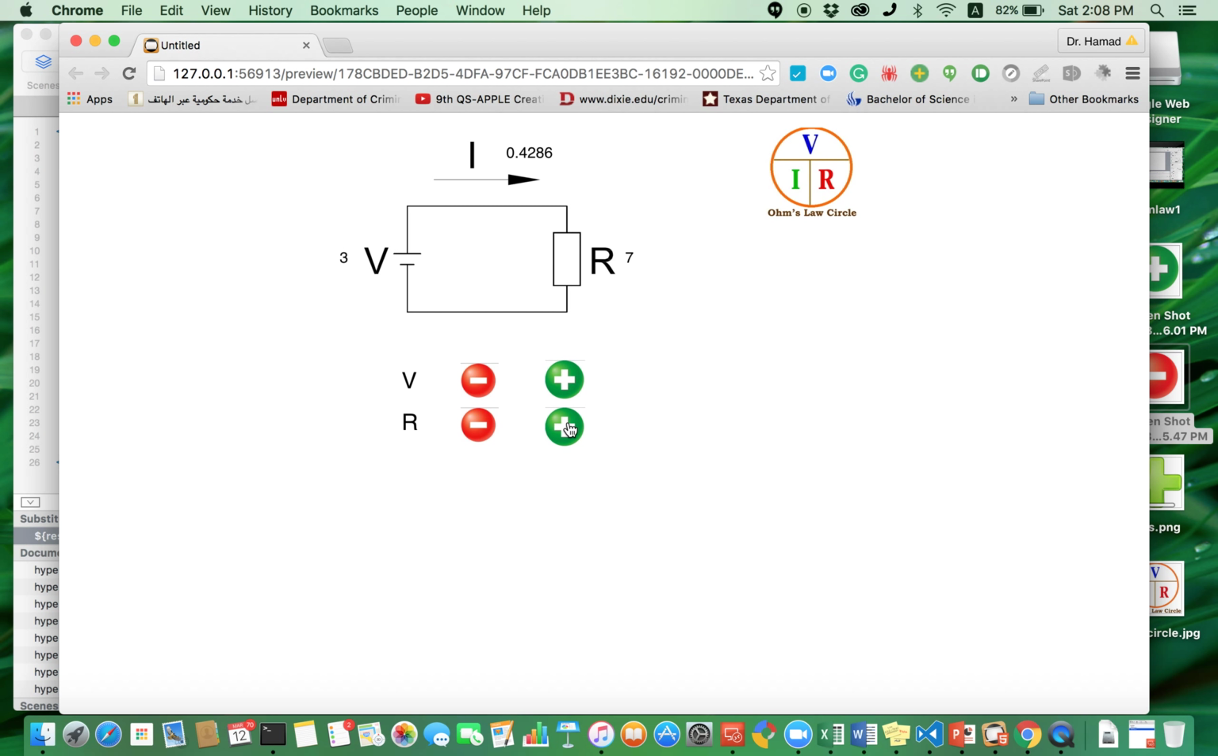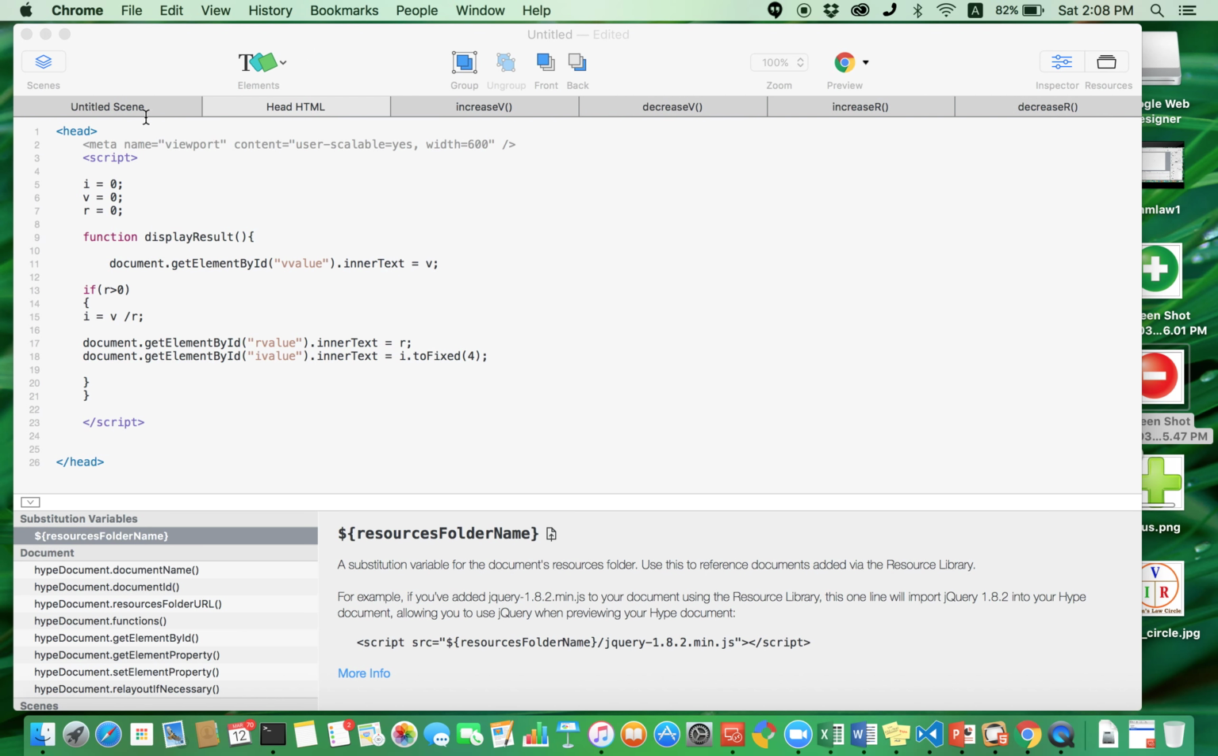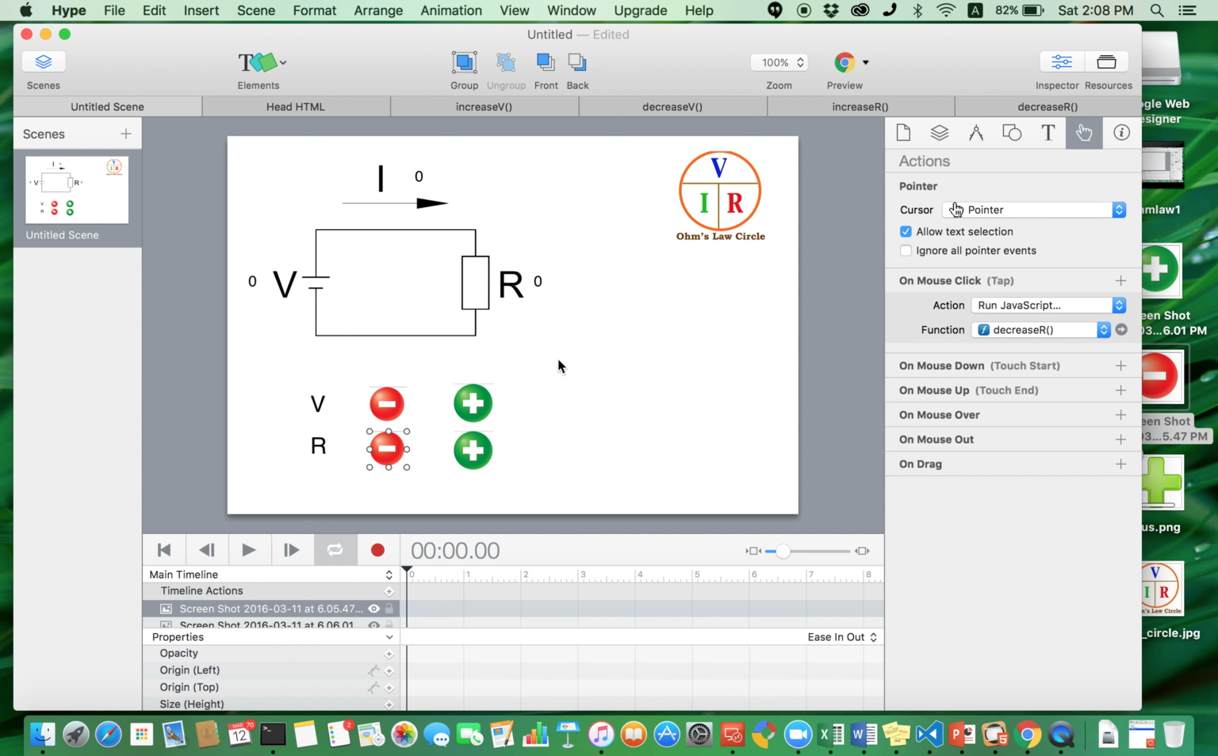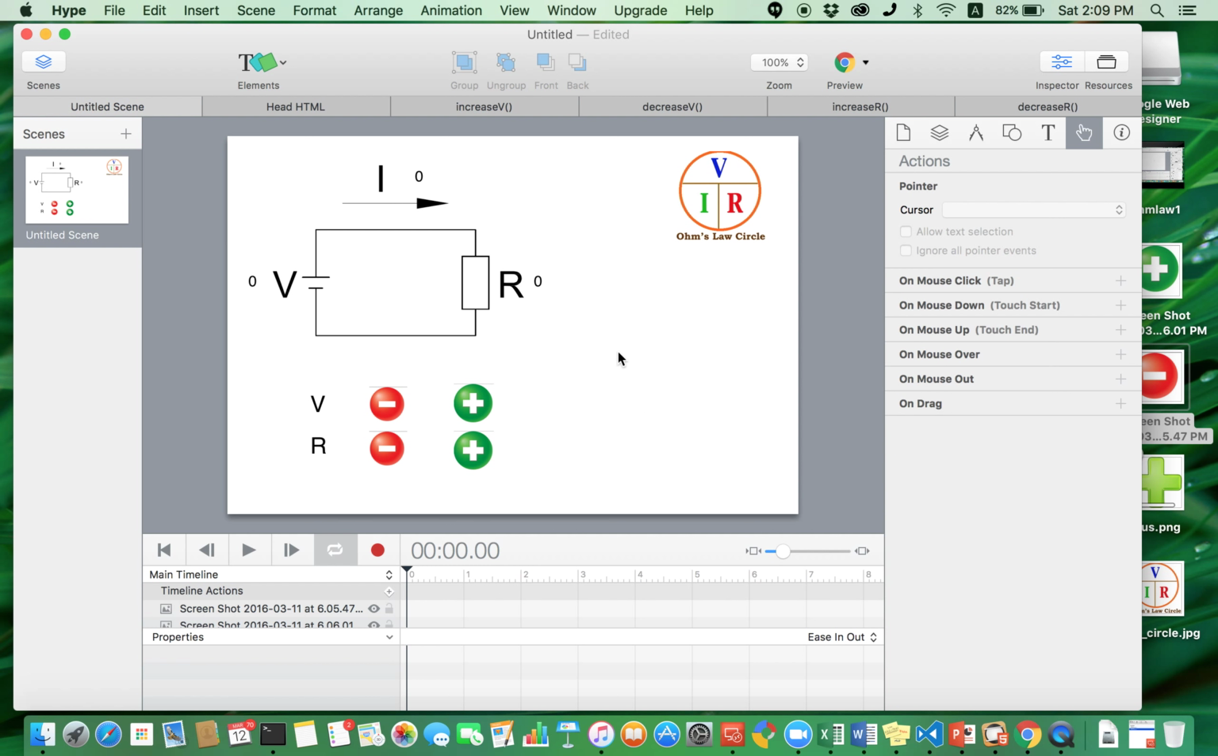So now it will stay within four decimal points. Just to show a few more things you can do with this beautiful software. Assume you want to add animation, so you want to show the student the current is moving around here. Yeah. So what you can do, you can add